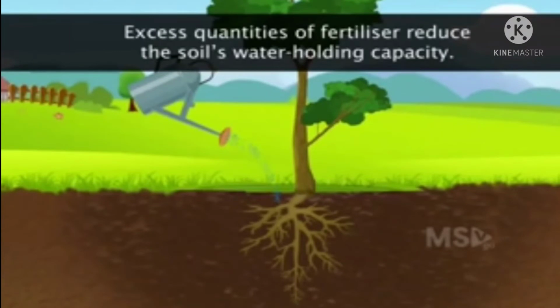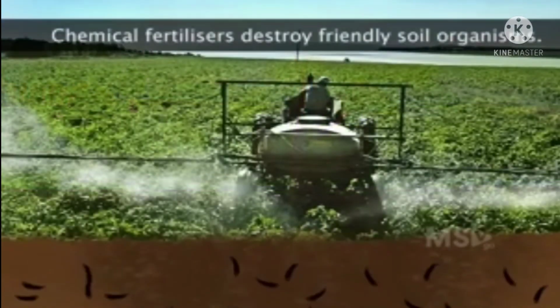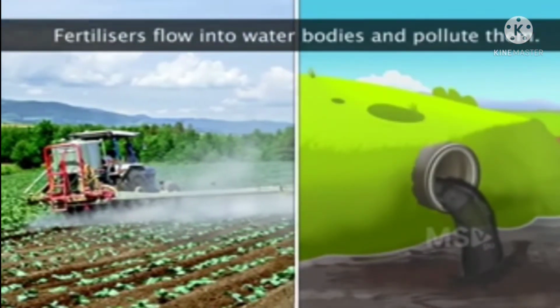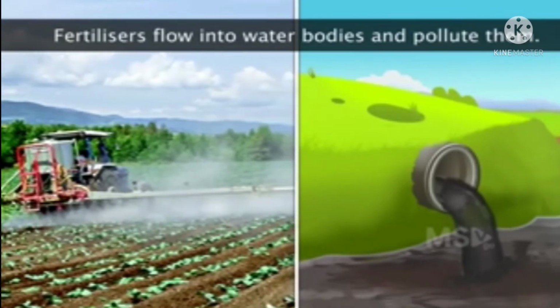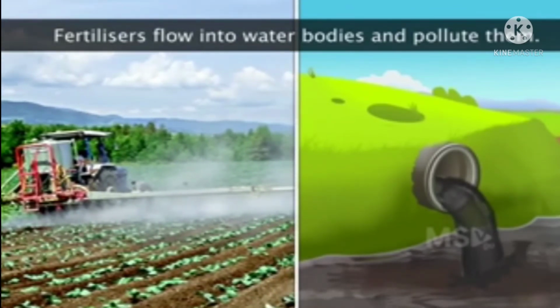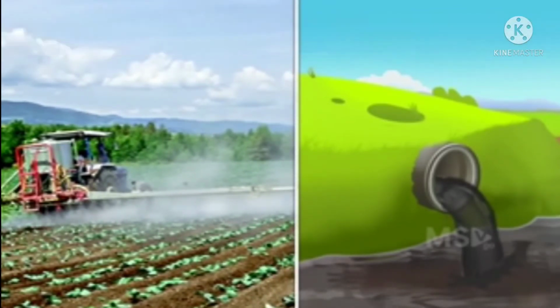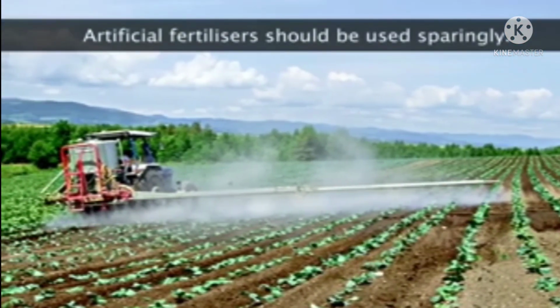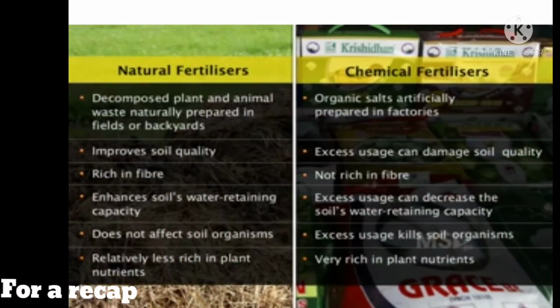Excess quantity of fertilizers reduces the soil water holding capacity. And also, chemical fertilizers destroy the friendly soil organisms. Fertilizers flow into the water bodies and pollute them. Artificial fertilizers should be used sparingly. For a recap,